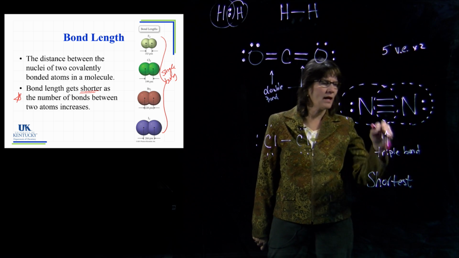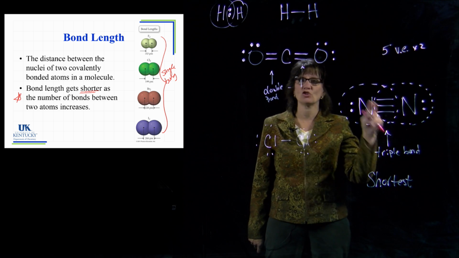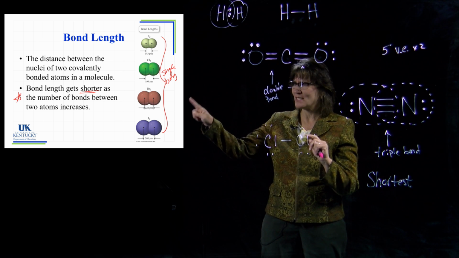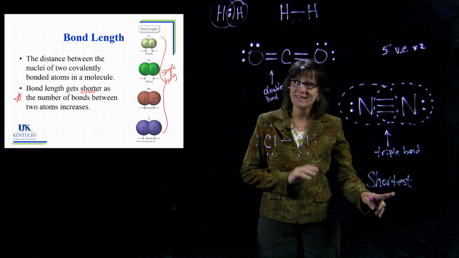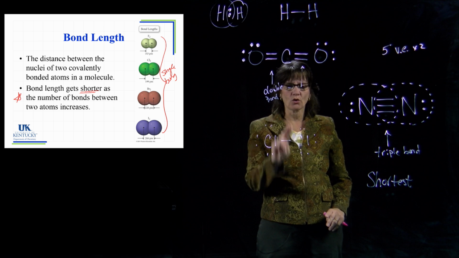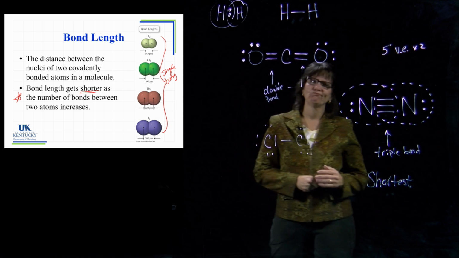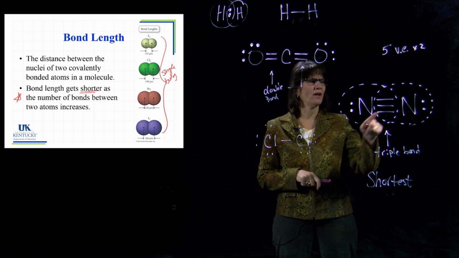Now we can only make a true comparison if we were comparing a nitrogen-nitrogen double bond to a nitrogen-nitrogen triple bond, or a nitrogen-nitrogen single bond, because the atoms themselves, as we see on the screen, play a role as well. But triple bonds tend to be much shorter than double bonds, and then double bonds are shorter than single bonds. So that is, for students, kind of hard to grasp at first, because you think, okay, I have